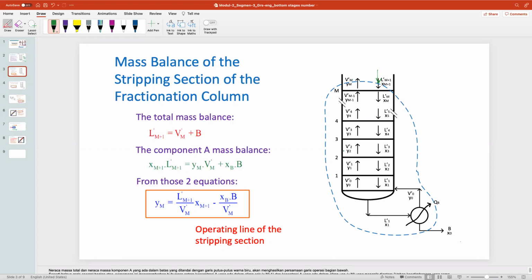From those two equations, we get the operating line of the stripping section,